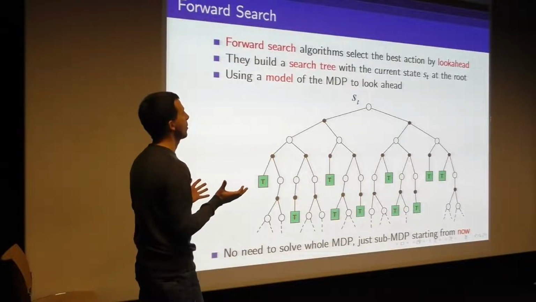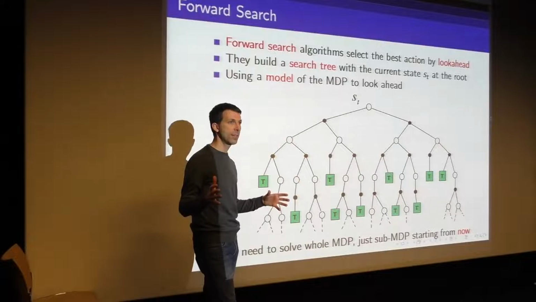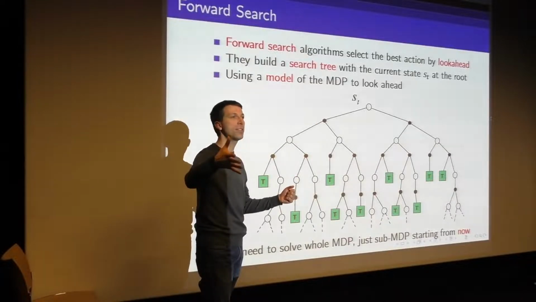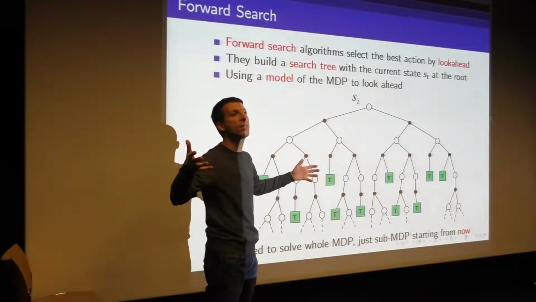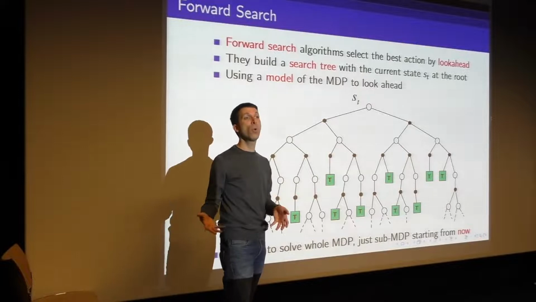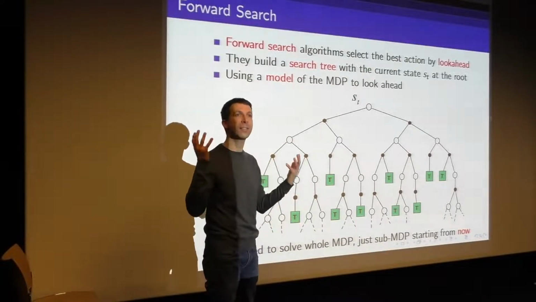Forward search algorithms don't explore the entire state space. It's not like, so far with Dyna, we were basically saying, let's randomly sample transitions from our entire state space, everything we've seen so far. Here, we're saying, actually, there's one state we care a lot more about getting the right answer for, and that's the state I'm in right now. Now has this kind of special